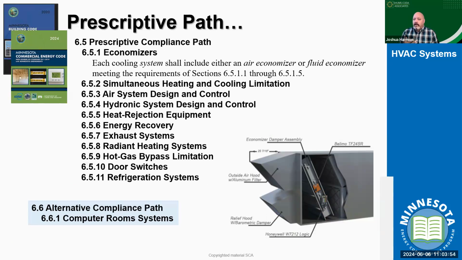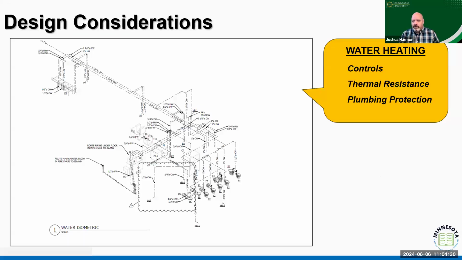Again, there are other expectations when you think about a project from a prescriptive compliance measure, different systems, whether we're thinking controls or equipment that may be installed. And so again, being aware of what compliance path I am utilizing can affect how we're going to design that building. And those are going to be concepts of when do we need to have air economizers? When do we need to have heat rejection equipment? How are exhaust systems going to operate, or energy recovery systems, if they're in place? What are the expectations? When we talk about mechanical systems, it's a huge conversation, and we've got an upcoming training that you may be able to be a part of when we do a little deeper dive.